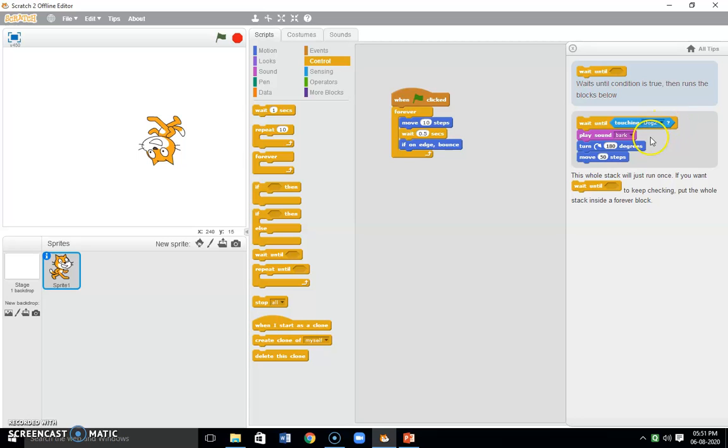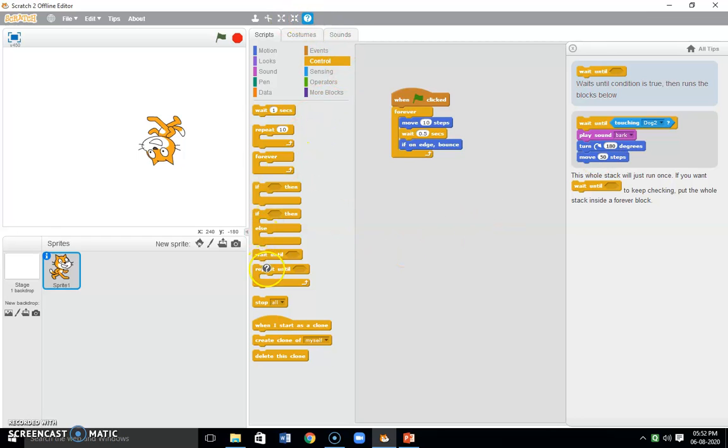If it touches dog 2, play sound bark, turn 180 degrees and move 50 steps. In this program earlier we used if on edge bounce, but here we can also wait until touching dog 2 or touching the edge, and then it will play some sound. Then 2-3 more steps we are going to add, turn 180 degrees and move 50 steps, all this.